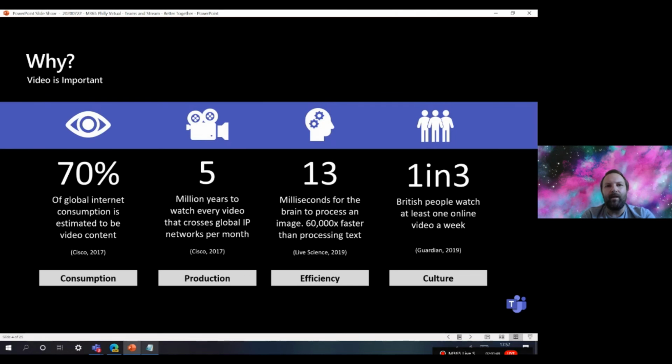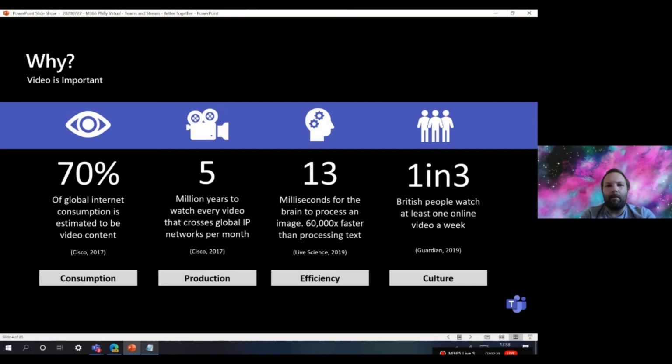And we're going to look at video in terms of consumption. People like to use video. I think we all know this. We spend parts or a lot of our lives online. We use public video platforms such as YouTube and Vimeo. People like to consume video content. And this statistic that was provided by Cisco a few years ago was truly amazing. 70% of global internet consumption is estimated to be video content.